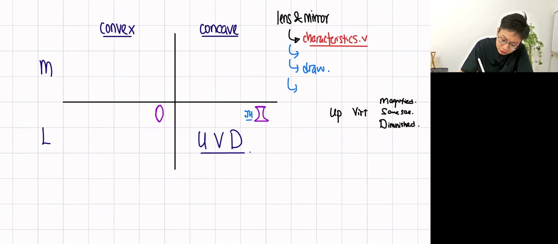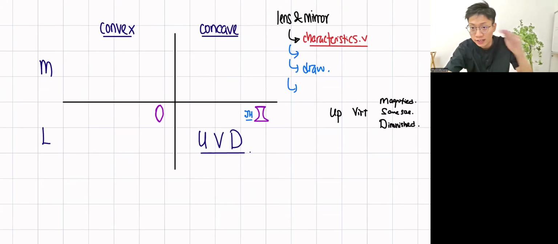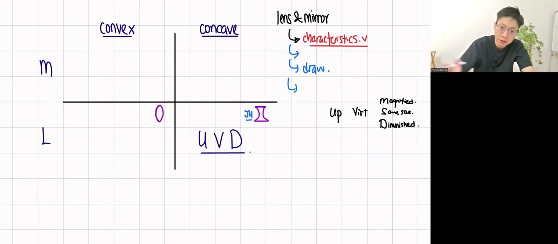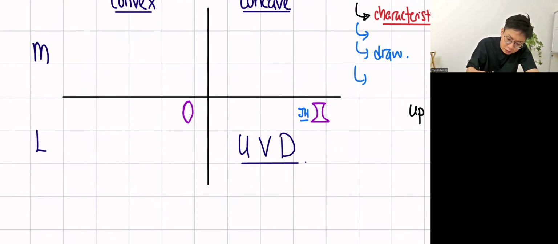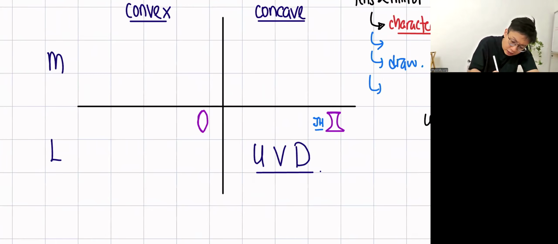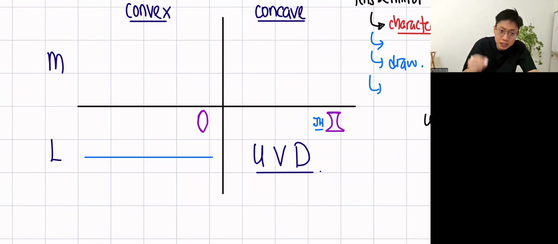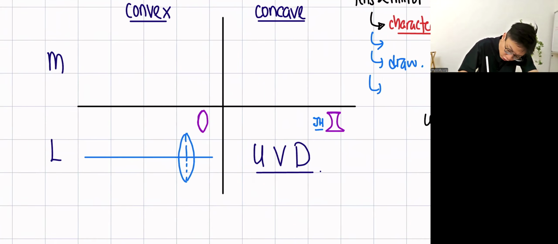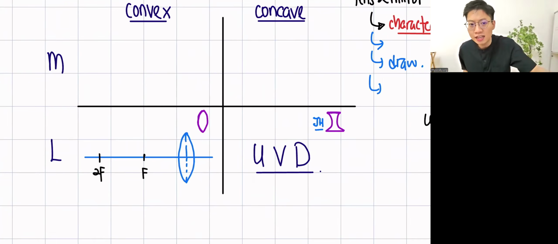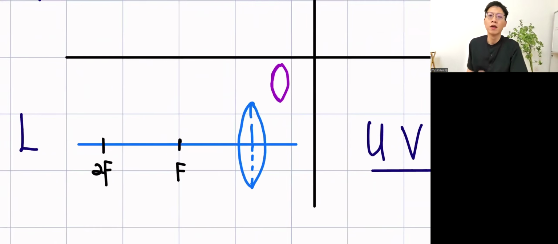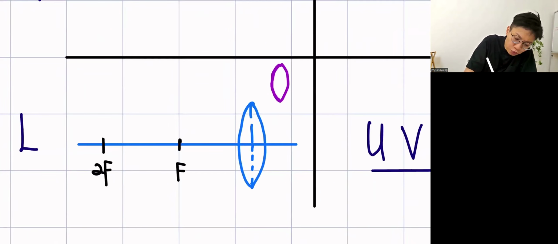Okay, now that we are done with this, all objects in front of a concave lens form upright virtual diminished images. Then we look at the convex lens part. For the convex lens part, you will realize something very special will happen. I have a convex lens like that. On this convex lens, I'm going to have F and 2F. Every lens must have a focal point and 2F, correct? We will use this weird thing whereby we call this the rim